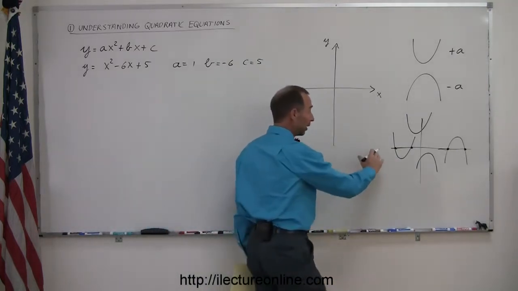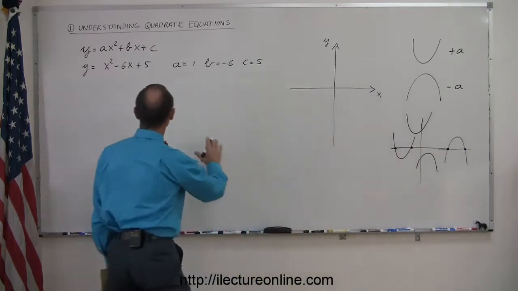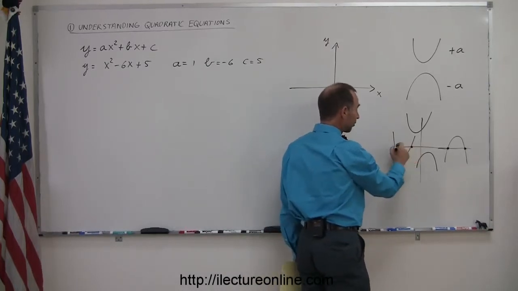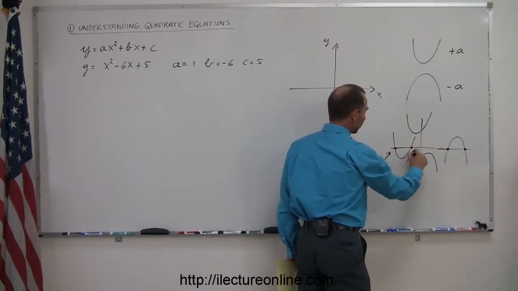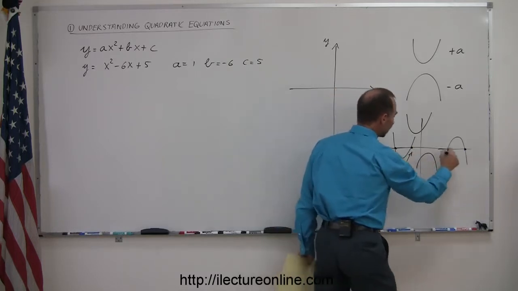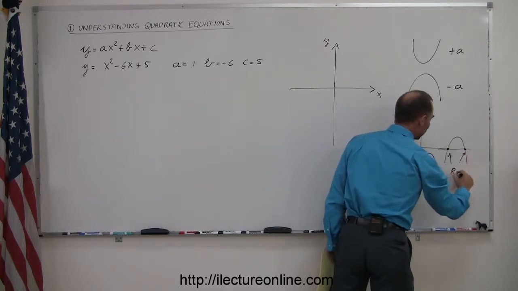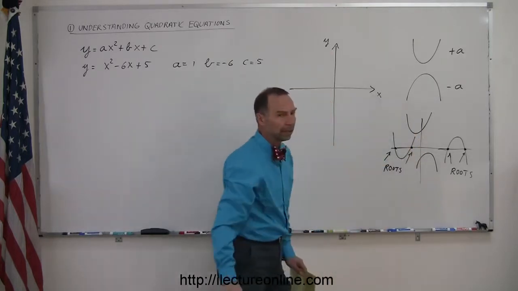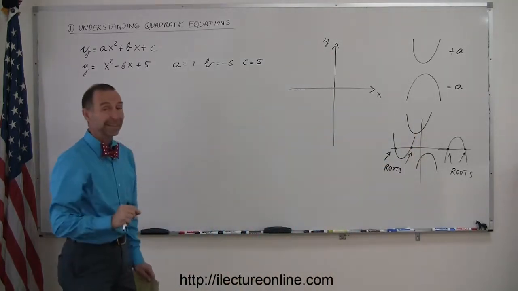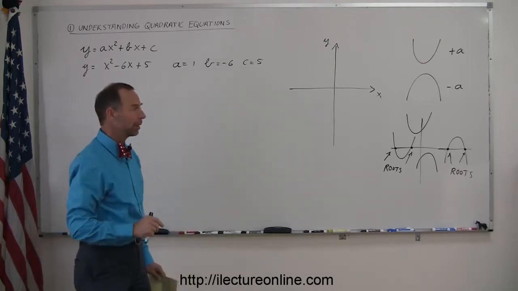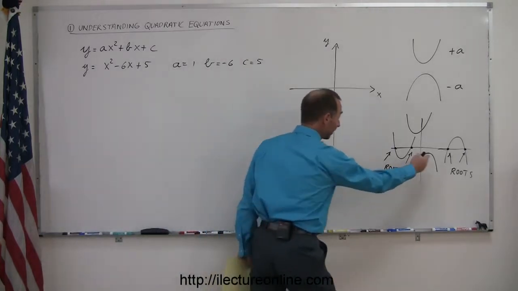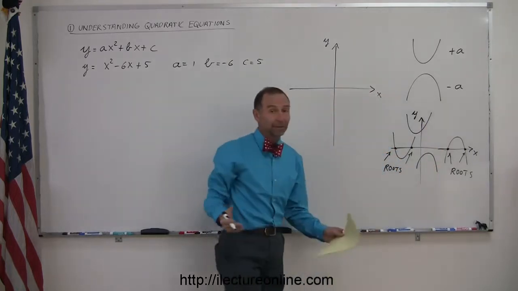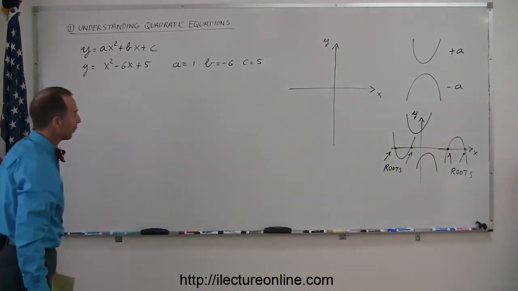The places where one of these parabolas, which is a graphical representation of a quadratic equation like this, crosses the x-axis, those are called the roots of the quadratic equation. So we call these roots. And here again, these would be considered the roots of the quadratic equation. Notice that these two do not have roots. So sometimes when they ask you to solve a quadratic equation, they're basically asking you to find the roots of the parabola. And of course, if the parabola does not cross the x-axis, like in this case or in this case, then there's no solution. There are no roots to the quadratic equation. All right,